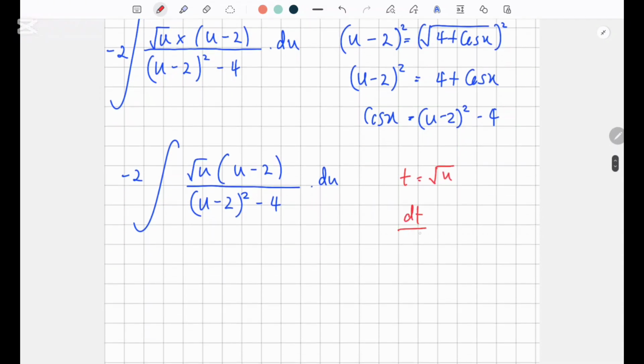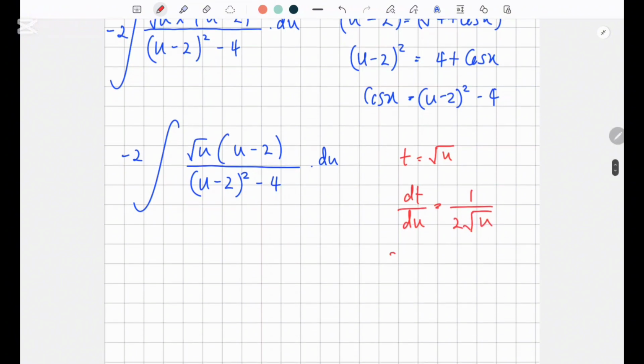So dt over du equals 1 over 2 root u, right? This is easy, right? You all know it. If you guys have any doubts with that, just drop a comment down and I'll explain it to you guys. This is an easy one. So 2 root u dot dt equals du, right? So minus 2